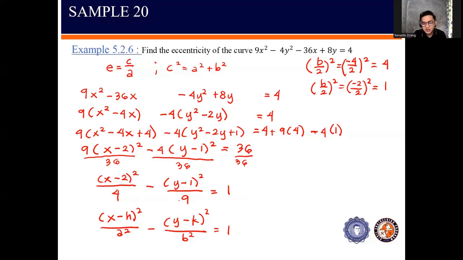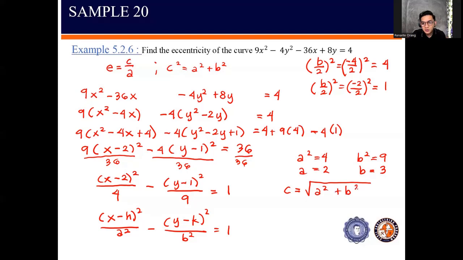So therefore, by inspection, class, our a squared here is 4, which means a is 2, while our b squared here is 9, and our b, which is the square root of 9, is 3. So the last thing that we need to do is to determine our c squared. So c is equivalent to the square root, no? Ilalagay ko na lang siya sa other side. So that is a squared